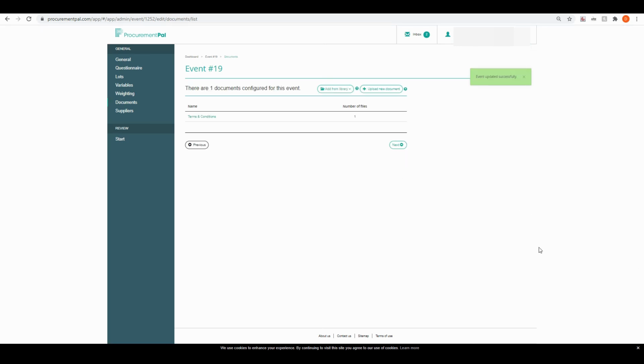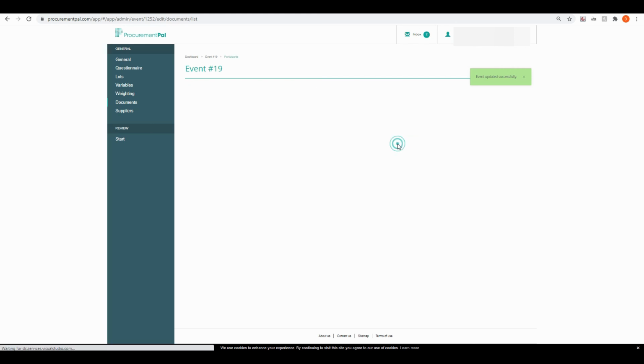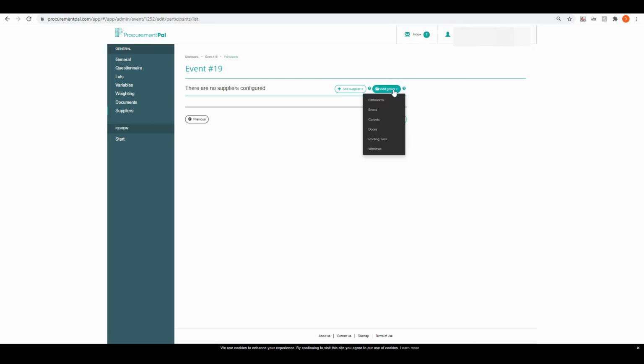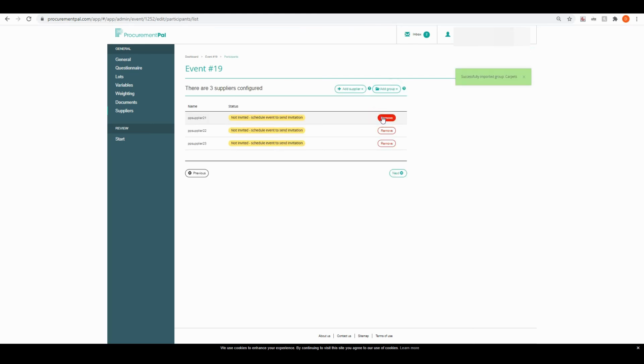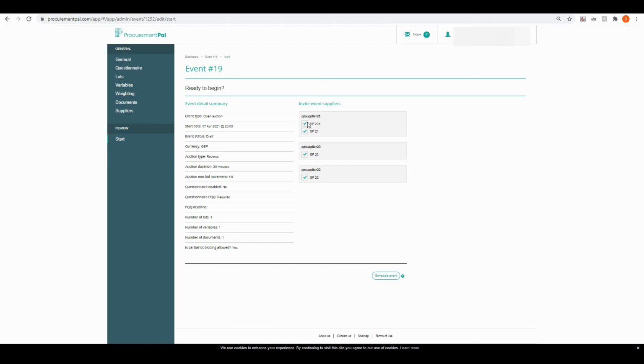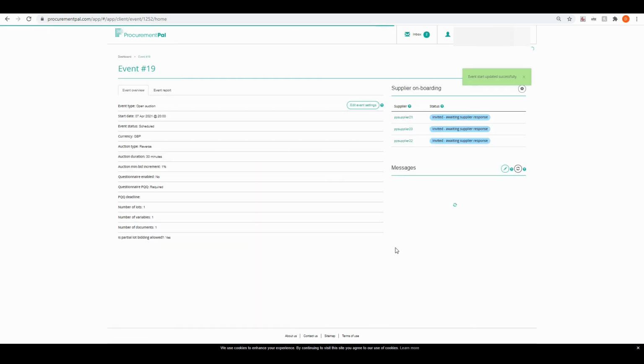We pull in one document for this event, which is the terms and conditions, and we go to next, and then we add our group of suppliers that can supply carpets. If there's a particular supplier I don't want to include in the auction, I can just remove them. So I'm going to go next, look at the final details of this open auction with a measured variable, make sure I'm happy with it, and if I'm happy with the details, I can go to schedule event. And now we have sent an email out to all the suppliers for them to bid on this piece of